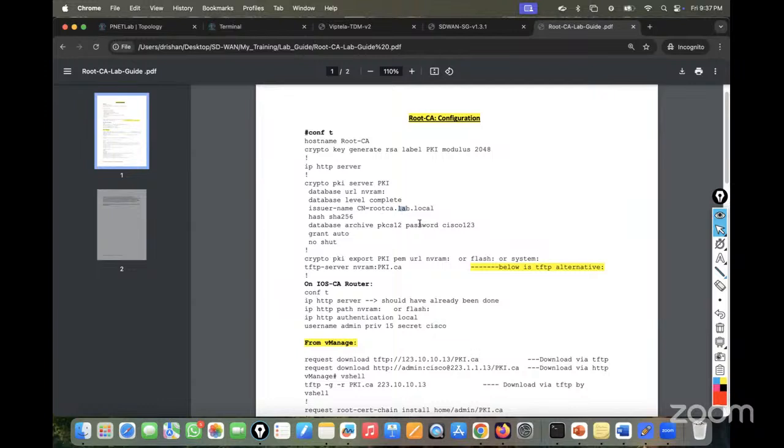And this is the hashing method, and this is the username and password, and then the certificate is going to be granted and installed in the NVRAM. You have to make this root CA a TFTP server, so other devices can copy the certificate from this device. Simple, right? So I'll copy all this configuration from here,